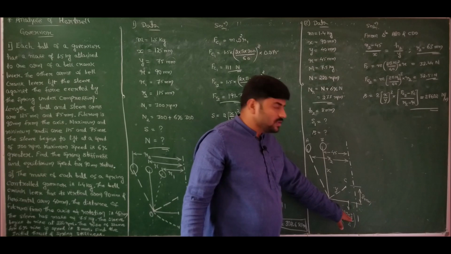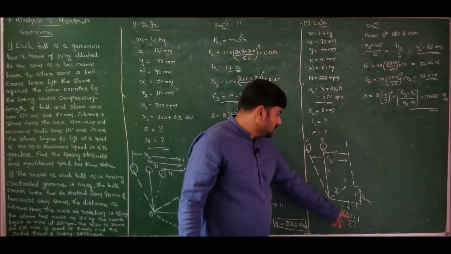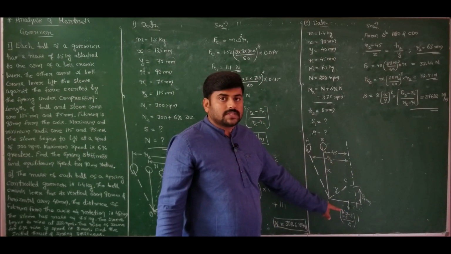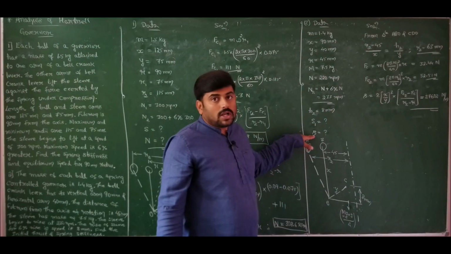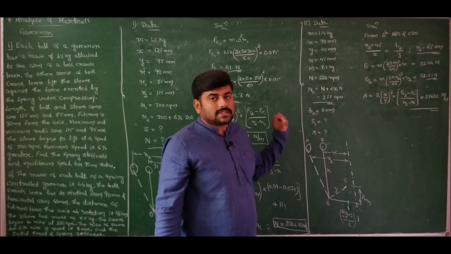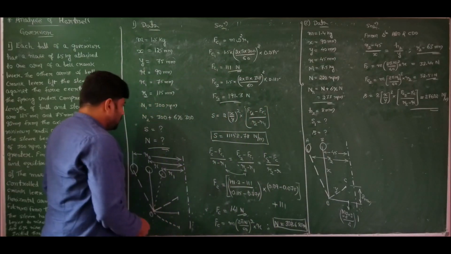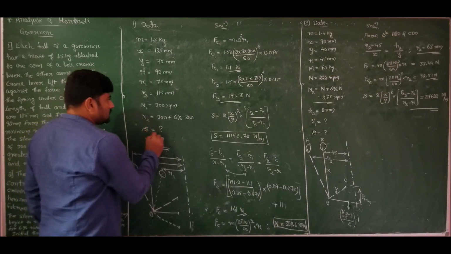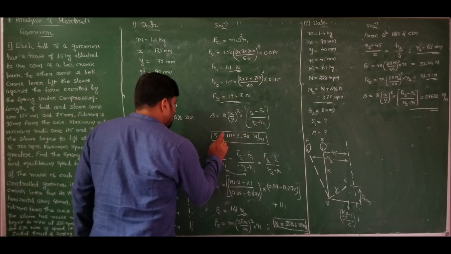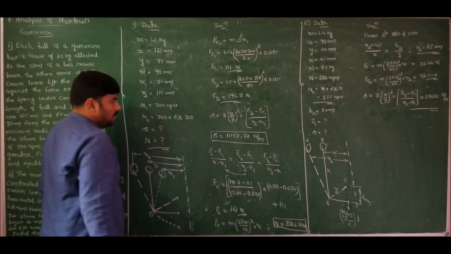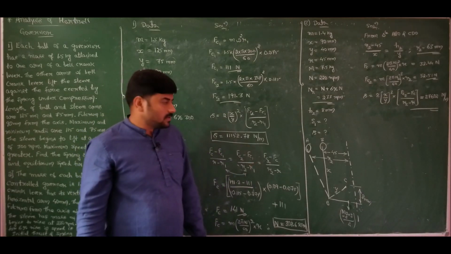Don't get confused with S. Yes, we are using it for stiffness, but here I am using it for mean spring force, which is in newtons. For stiffness, I am using the notation small s. Small s stands for stiffness. Capital S stands for spring force. To avoid confusion between capital S and small s: capital S is used for spring force in newton, small s is used for spring stiffness in newton per meter.